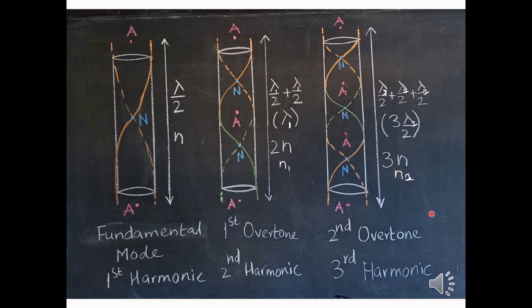So in this way, if you consider the next higher mode, in that mode we will have 4 pairs of half loops. So in that case, if N3 is the frequency, it will be 4 times the fundamental frequency. If lambda 3 is the wavelength, then the length of the air column will be 4 times lambda 3 by 2, which will be equal to twice lambda 3. Isn't it easy to remember in this manner?